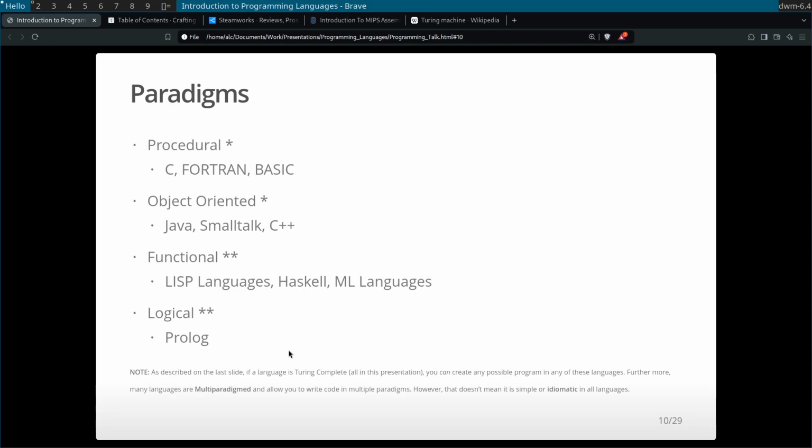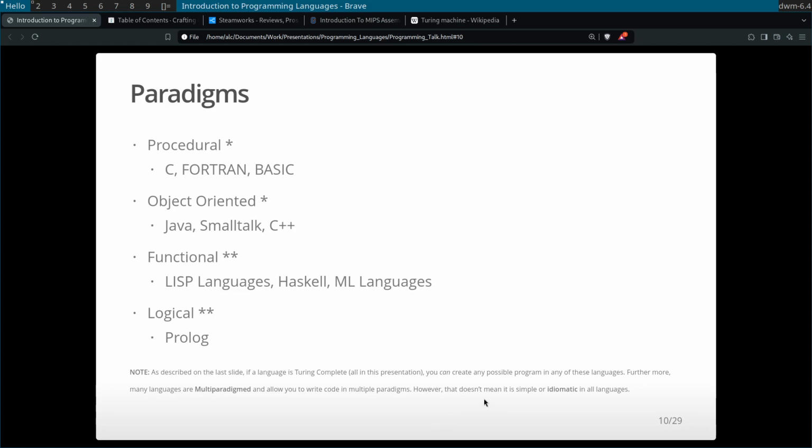One thing when I first gave this talk is I talked about Turing completeness, which I did say earlier in here: anything that's Turing complete, if A and B are both Turing complete, then they could technically do the same things. So in all of these languages, even though they have different ways of thinking and programming, that technically doesn't matter because you could write the same program in any one of these paradigms. And many new languages are what are called multi-paradigms. So things like Rust and OCaml actually take stuff from some of these or all of these and kind of package them all up.